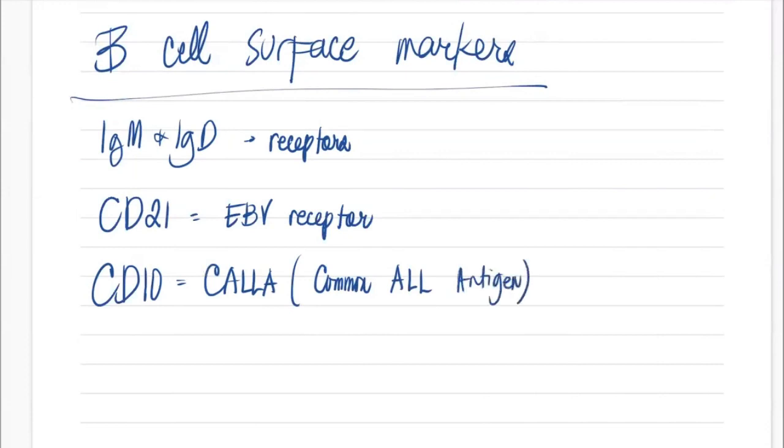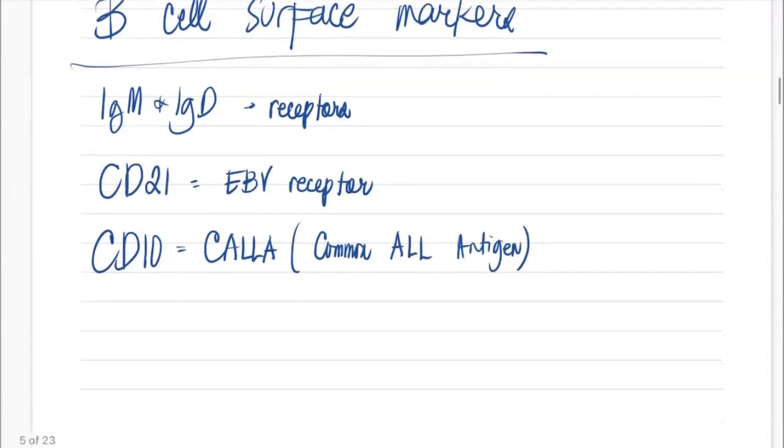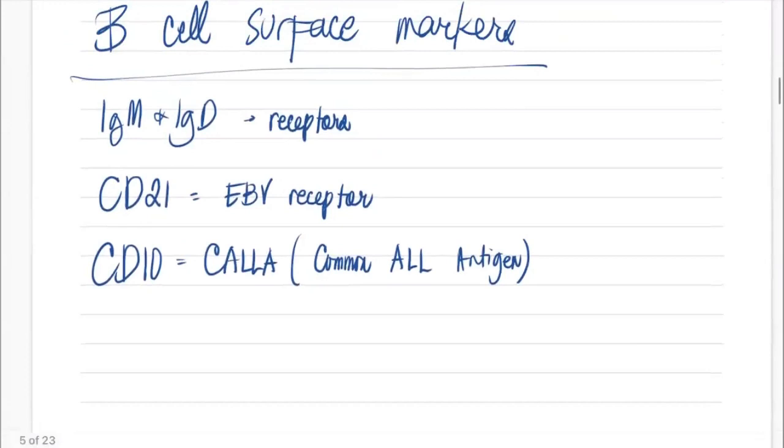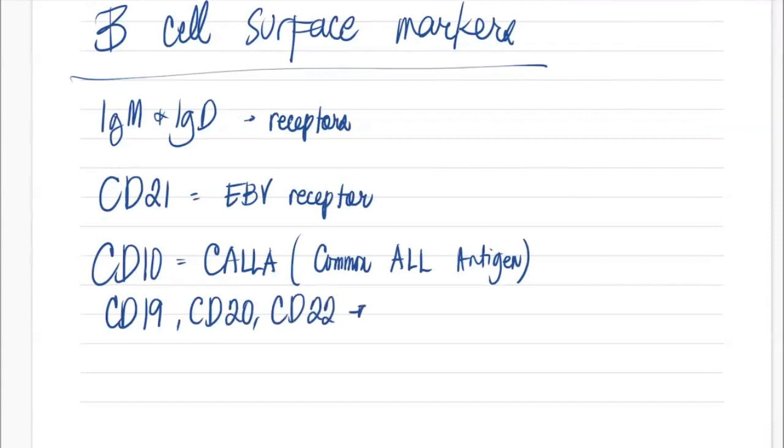Okay? Then we also have CD19, 20, and 22, of course. Okay, CD19, sulat ko na lang dito CD19, CD20, CD22. These are the markers that are often found in mature B cells. Okay, and syempre meron din siyang MHC class 2. Okay, meron siyang MHC class 2. So these are the markers, okay, that can be found sa ating